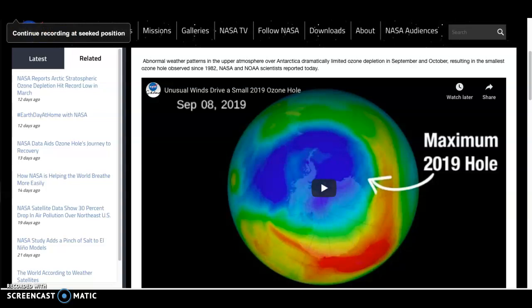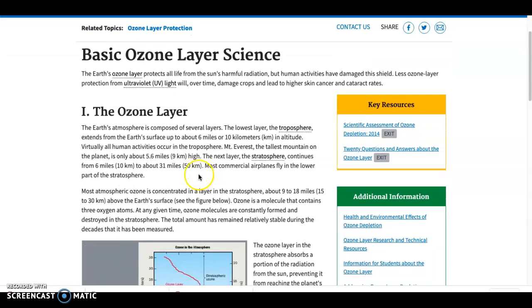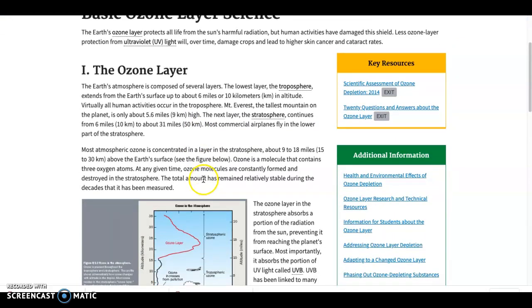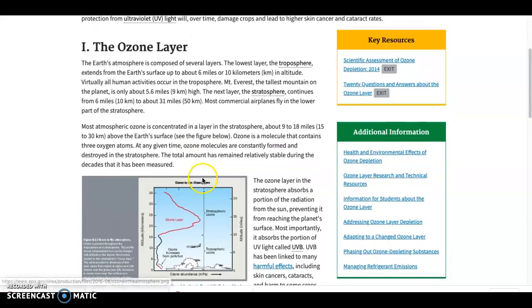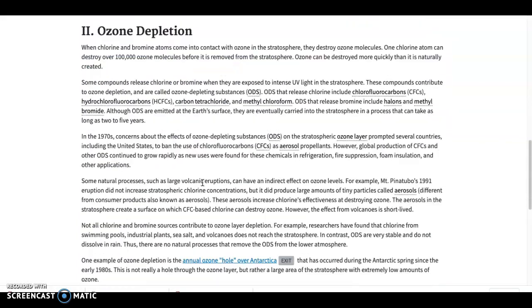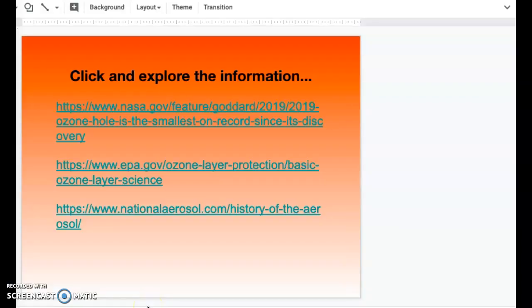So let's head back into that presentation. This link is an informational link for you on just the basics of the ozone layer. This is through the EPA.gov website and how the ozone layer protects us, what is the history behind depletion. It takes us to the third link, and that is just a little history on the aerosol from the National Aerosol